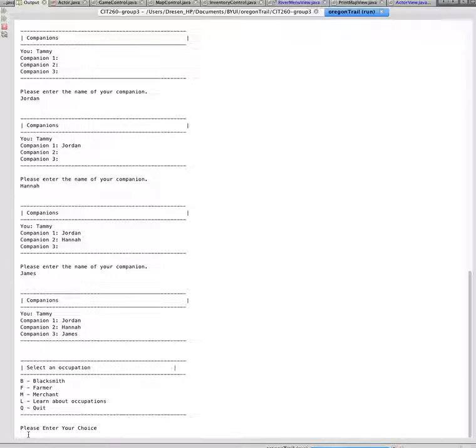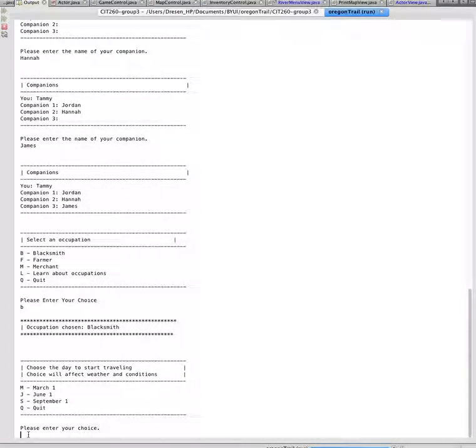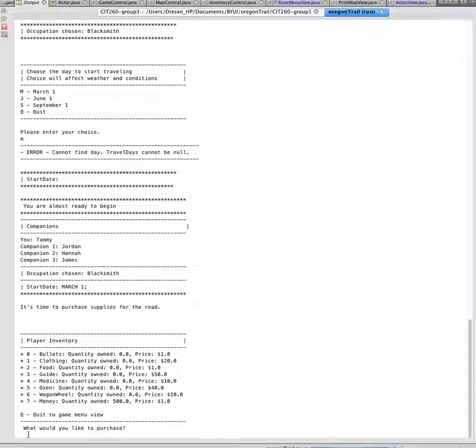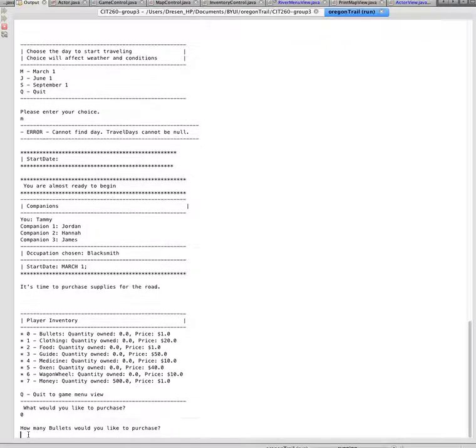Okay, and then you can choose what occupation you want, as well as when you want to start traveling. And that has an effect on how much money you have and the height of the river and things like that. Okay, and then you can purchase inventory, and so we had a lot of different things in our inventory,